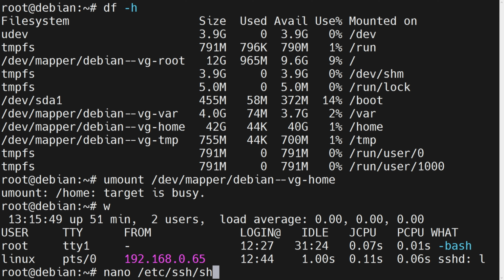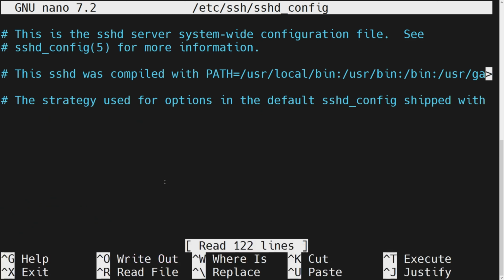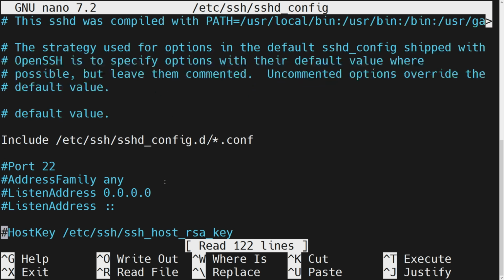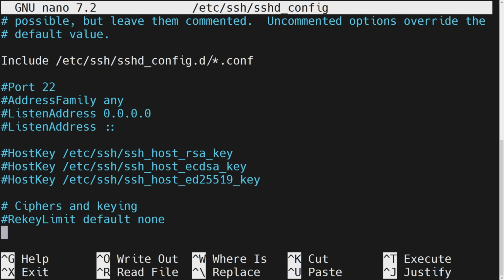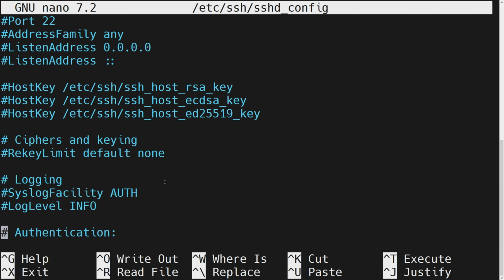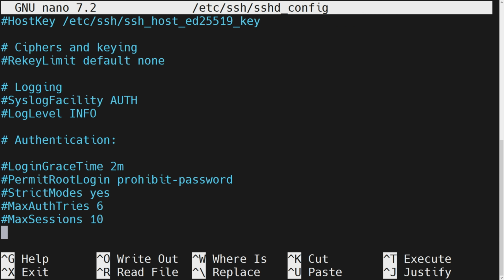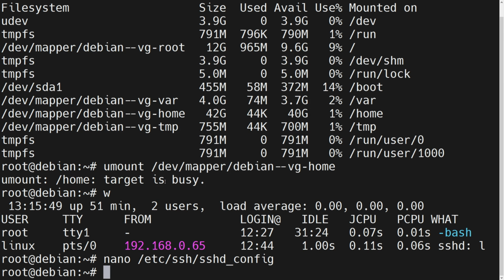Go to the SSH server config, find the line with PermitRootLogin, uncomment it, right, type yes. Now save and exit and